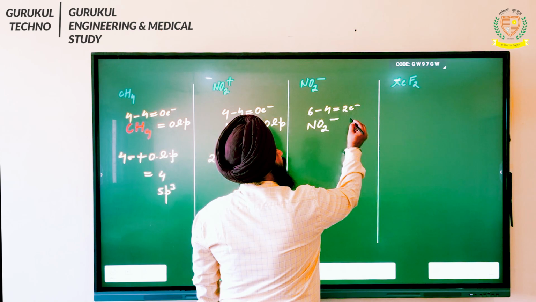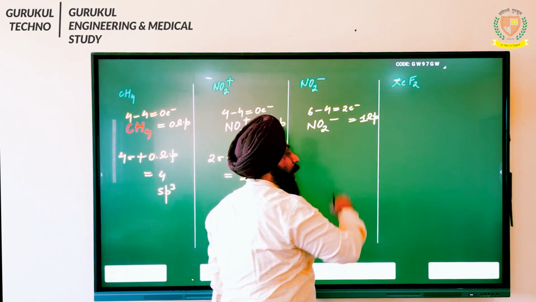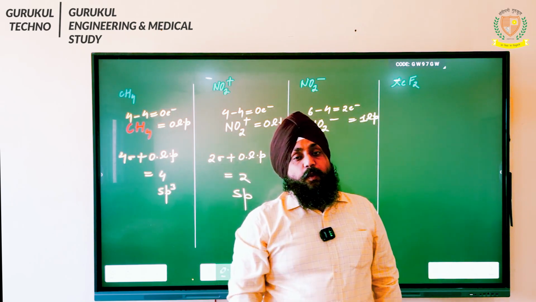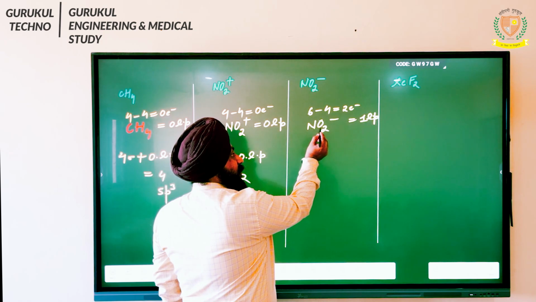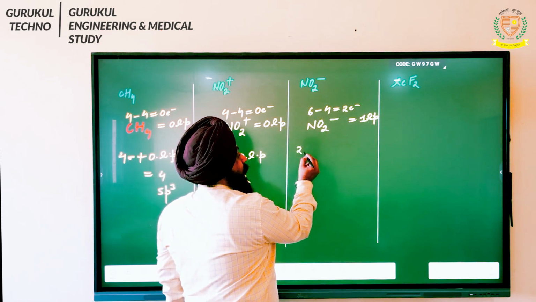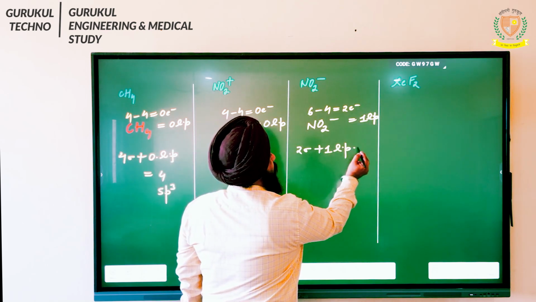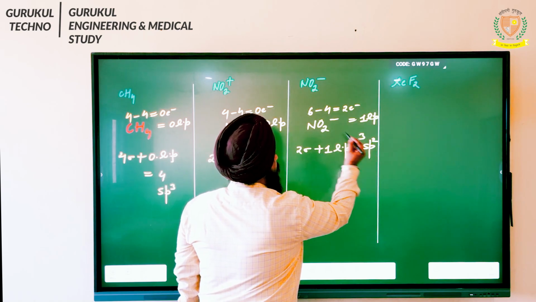2 electron. When it is 2 electron, you say 2 electron will be 1 lone pair. There are 2 electrons, so it will be considered as 1 lone pair. So students, here this nitrogen is going to make 2 sigma bond with oxygen. So there will be 2 sigma, there will be 1 lone pair. So sum is coming to 3 over there, students.